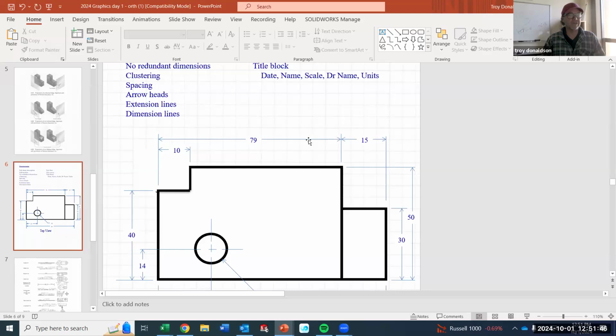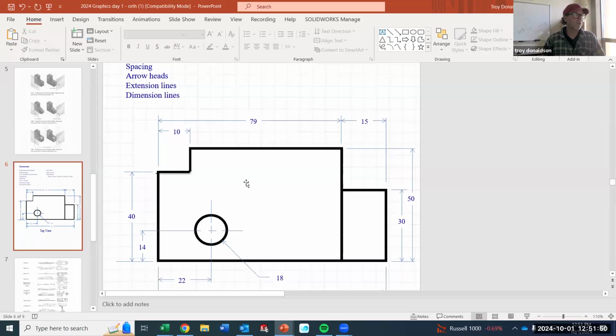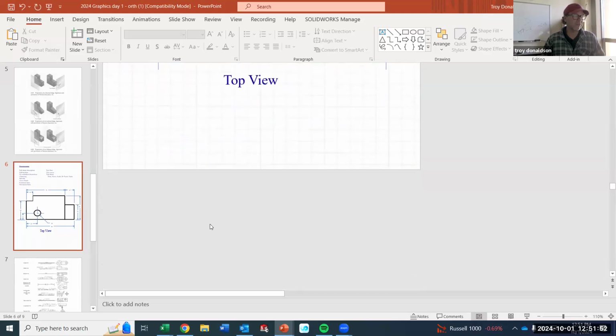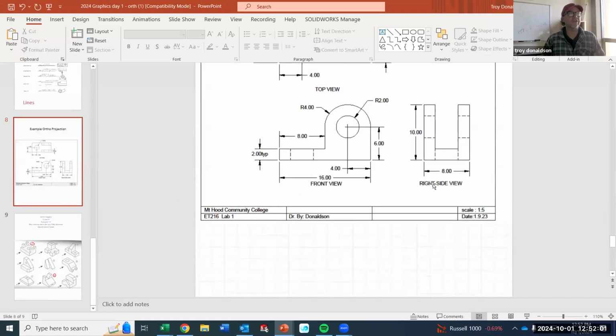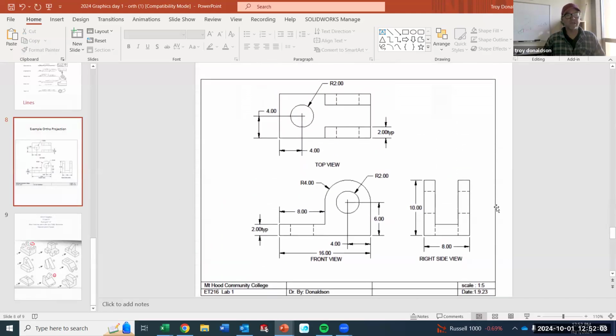Nothing can cross a dimension line. A dimension line holds the text. So we need to get a little better at dimensioning, but I didn't talk about it much last time. So I'm going to talk more about it this time, if I can actually progress. All right. So this is a good drawing for me to talk about dimensioning.